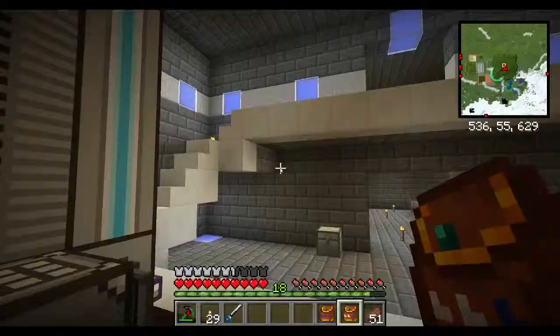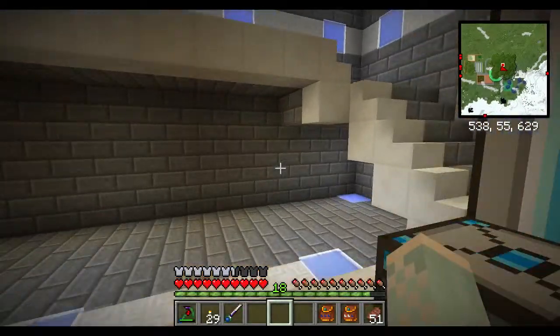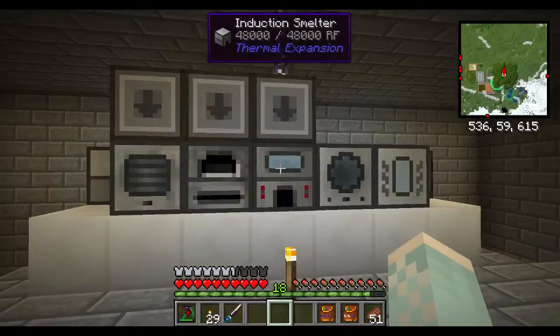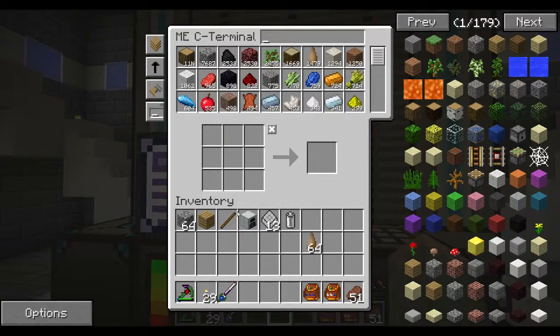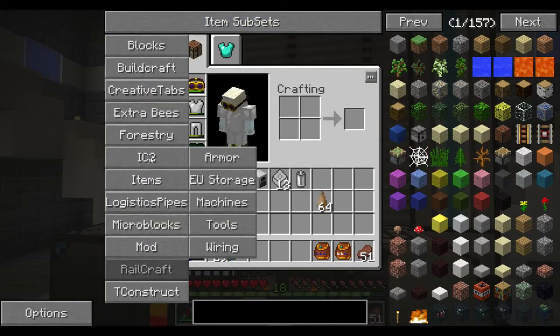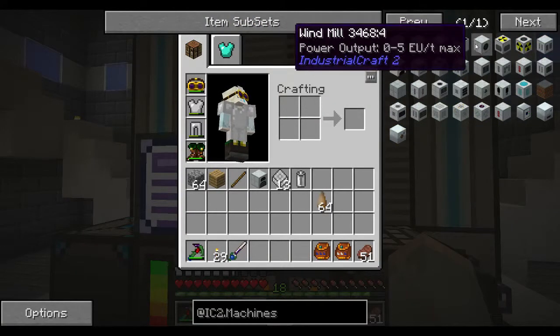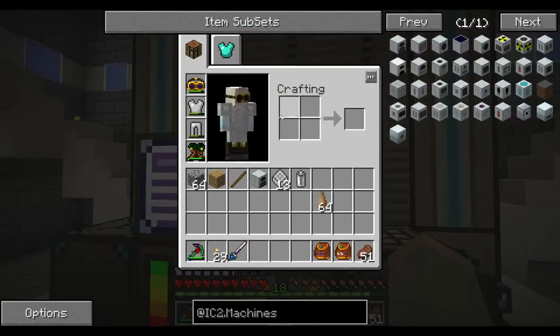Getting confused. Again. I need to make... oh dear, what do I need to make? I want to go ahead and cook a bunch of this rubber because we need to. I think the first machines you need to make is... I forget. I don't need the extractor because I already have a way to get the stuff. My aim is to make the induction smelter, so I think I need a macerator and I need